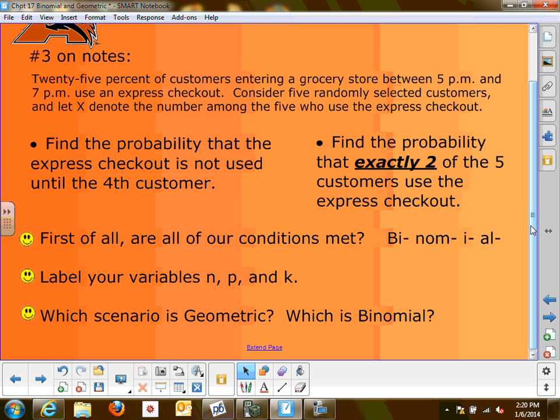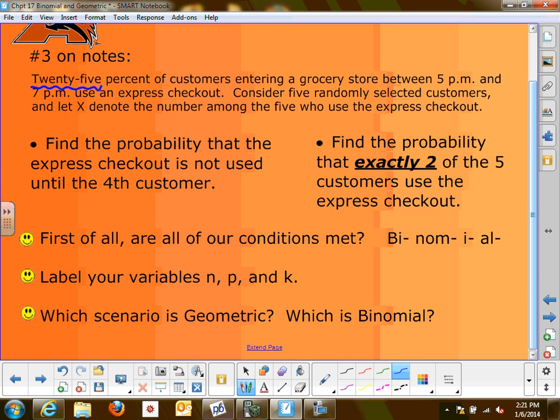25% of customers entering a grocery store between 5 p.m. and 7 p.m. use an express checkout. Okay, so let's think about that. Customers going to Brookshire's between 5 and 7 p.m. or what kind of customers? During the work week anyway. Coming home from work, grabbing a couple quick things that they forgot for dinner or a couple things to get for dinner. Okay, so according to this, the claim is that 25% of the customers entering are going to use